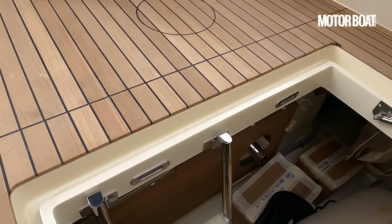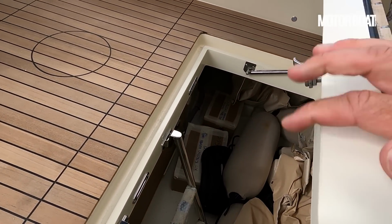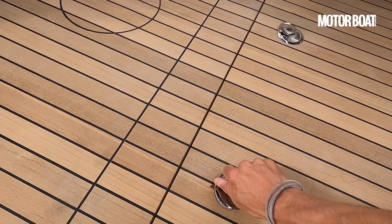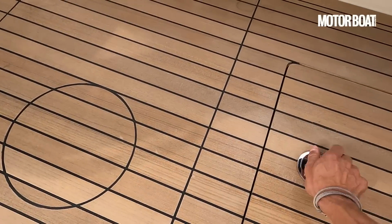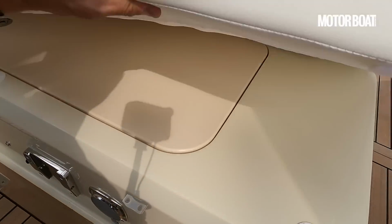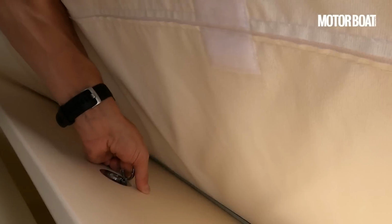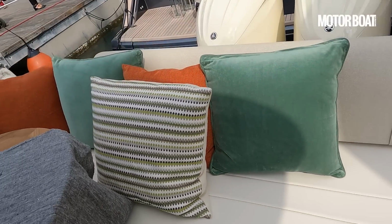And everything on this boat has its own natural place to go. Nothing just rattles around. It's very carefully thought through in that regard. There are also storage spaces underneath both benches, and if I just lever that up and take a little look, you'll see that they're nicely lined as well. Nicely lined spaces and drained as well. Proper trays in there,